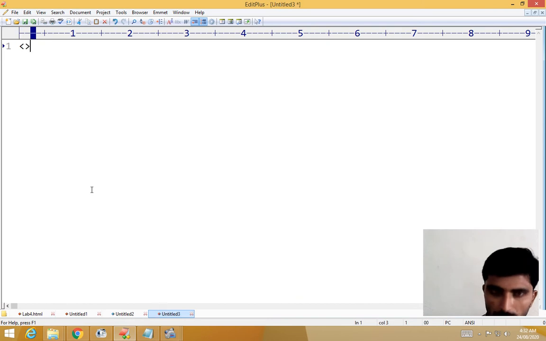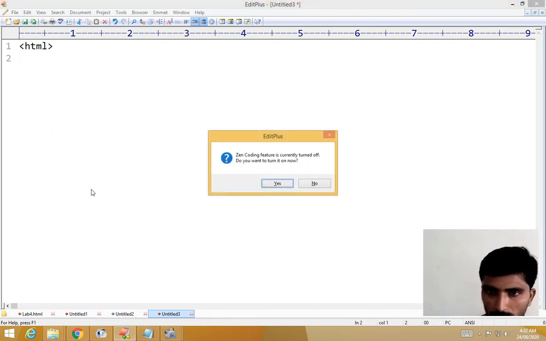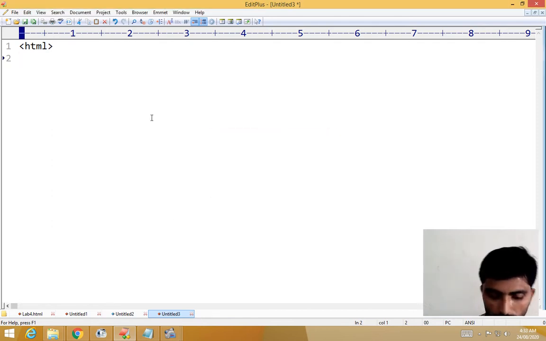New file, then open and close HTML, you must close HTML. Then head, open and close. Within that you have to provide the title.